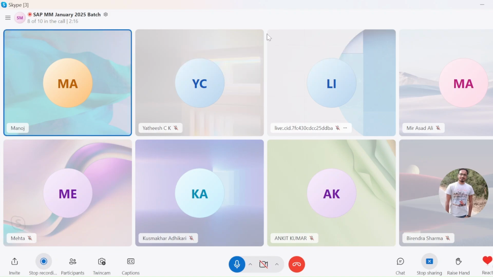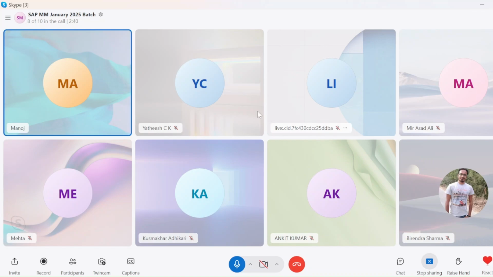So in the last session, we discussed how we are going to learn, and I covered these basic things: what SAP is, what the different types of ERP in the market are, and that SAP is also an ERP. We discussed how to log in, all these basic steps we saw in the last session.